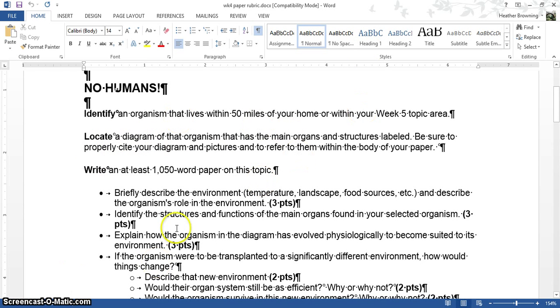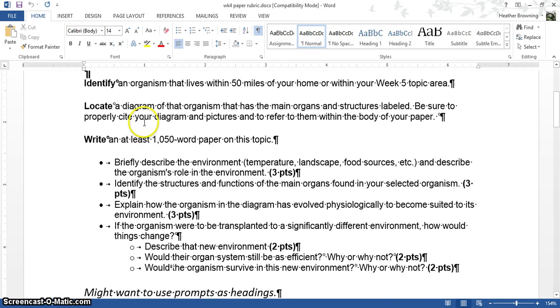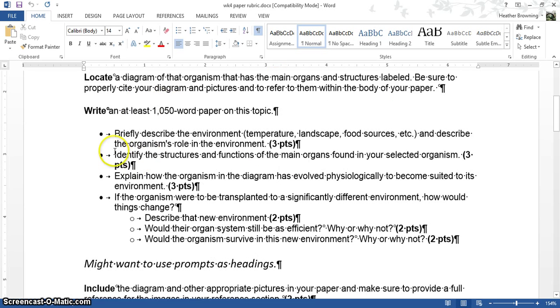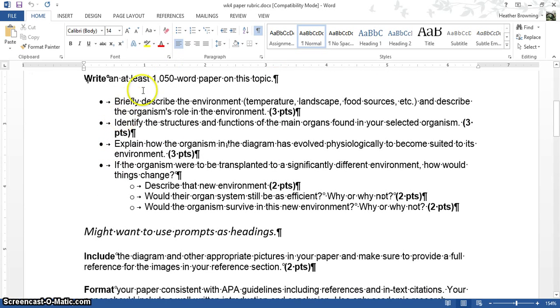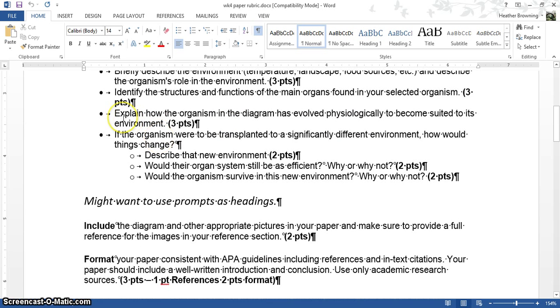And then you're going to need to have a diagram of your creature, whatever it is, with parts labeled. So you write at least a 1,050 word paper on this, and it's going to briefly describe the environment, temperature, landscape, food sources, etc., and describe the organism's role in the environment. Identify the structures and functions of main organs found in your selected organism. Explain how the organism in the diagram has evolved physiologically